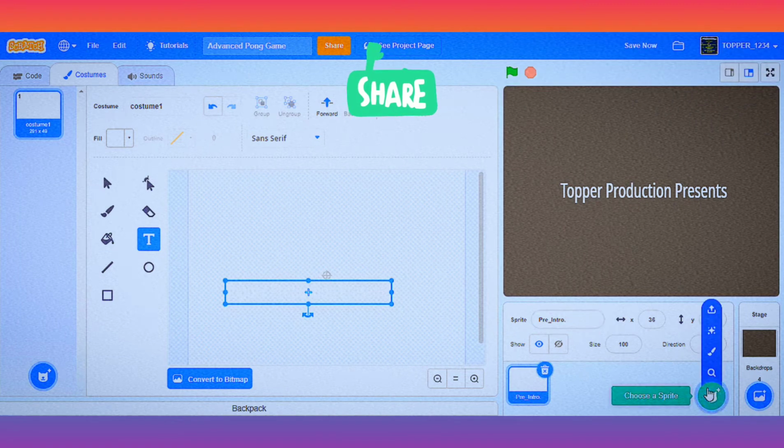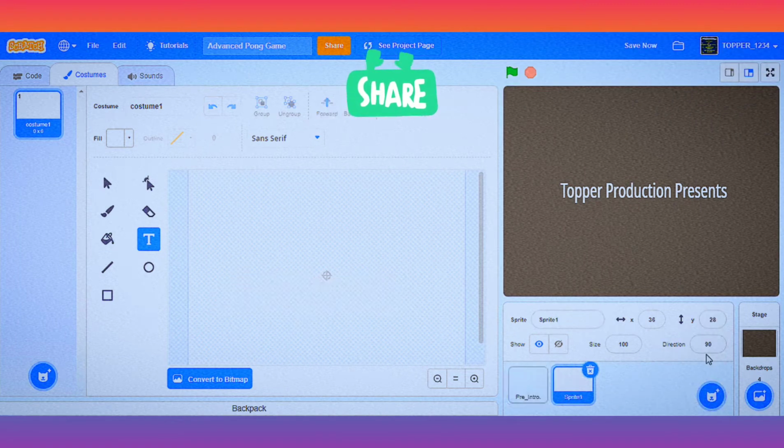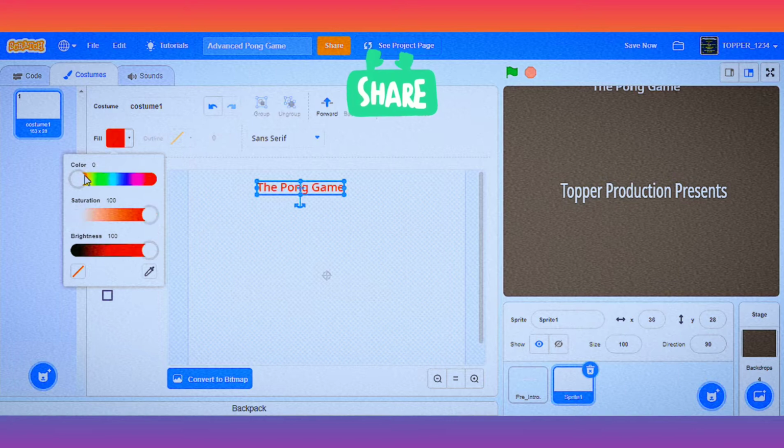Now I'll paint another sprite, which is the phone game. Now I'll change its color. For now I'll select purple color. Like this much, yeah.